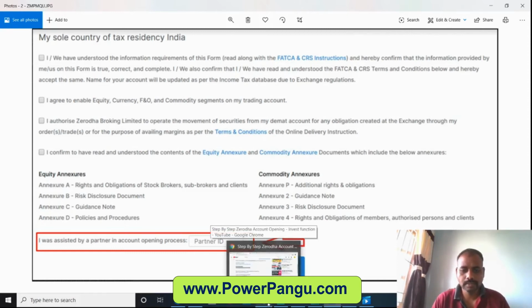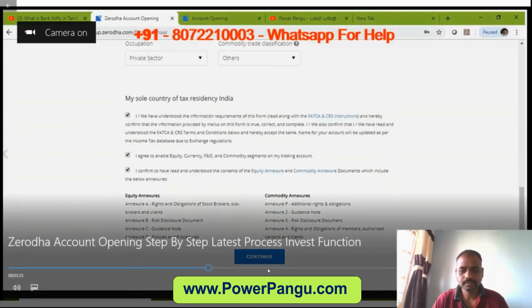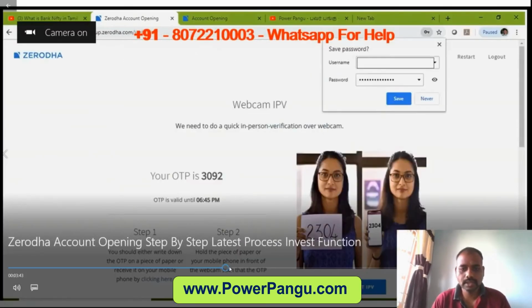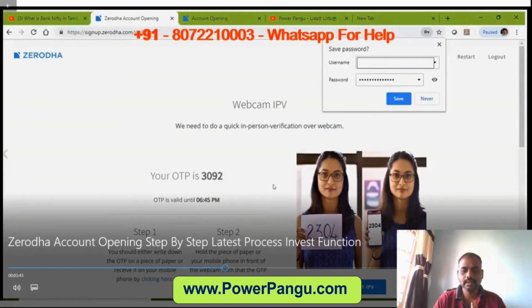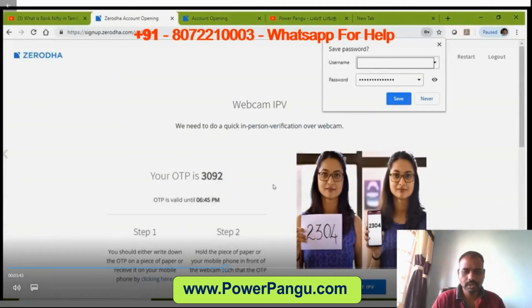The other processes are very simple. Then you will be asked to do the in-person verification. You need to write the OTP on a piece of paper, show your face and that paper, and take the photo. Start the IPV, click capture, and it will record your face and that OTP.